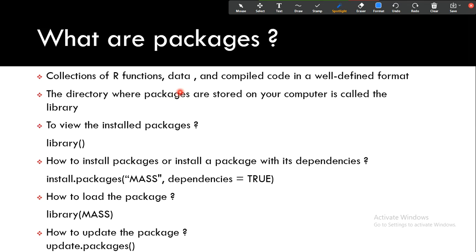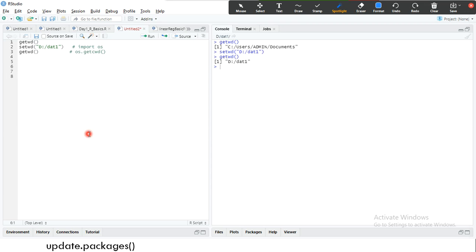Next one is packages. We are all familiar with packages. In Python we also discussed packages, and we use the import command to import them, whereas in R we use the library function. Suppose I want to import a package: I have something called library, with the car package available, and I'm going to import this. I also have something called the caret package, if you want to import that library.